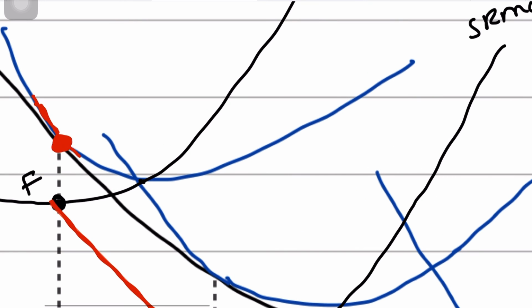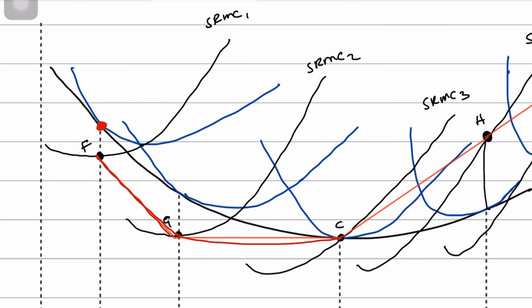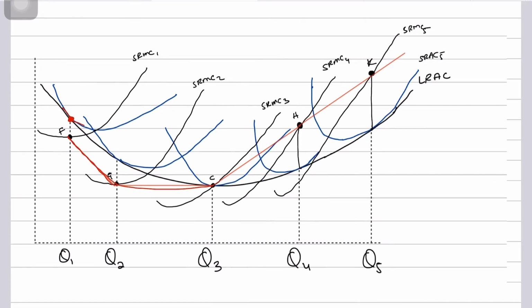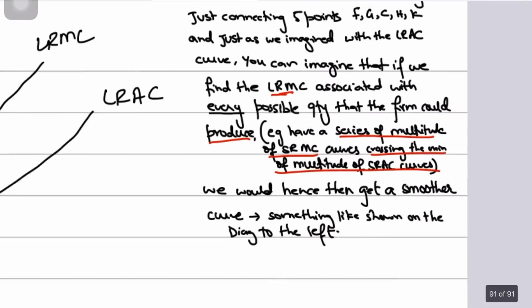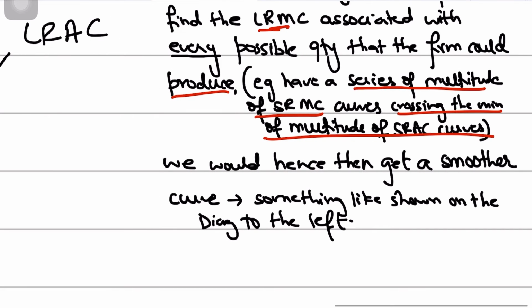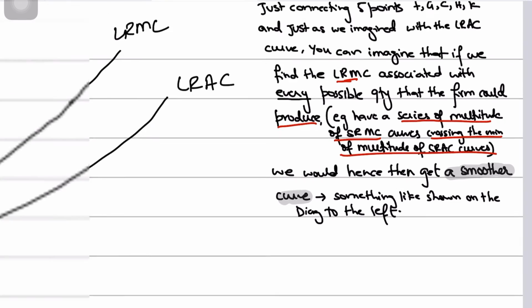And beyond this, your average cost is going up, so this represents your optimum utilization of your fixed factors, right? Because before this, you have increasing returns to the variable factor, and beyond this you have decreasing returns to the variable factor. So if we imagine a multitude of short-term marginal cost curves crossing the minimum of a multitude of short-term average cost curves, we will ultimately get a smoother curve, which would look something like this that I've shown